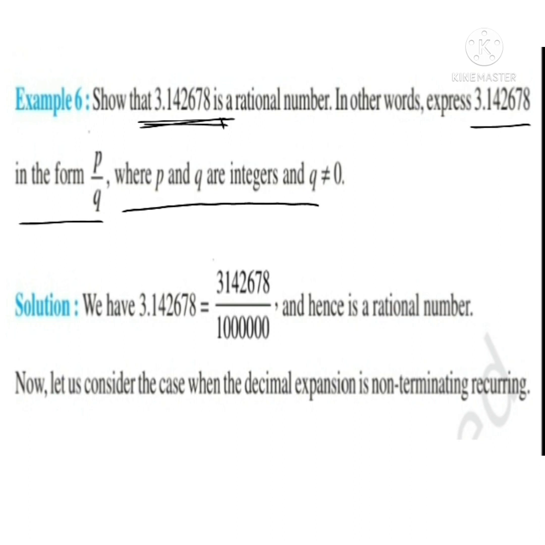For a terminating number, we can simply remove the decimal point and write a power of 10 under it, and this is the p by q form. If we want, we can convert it to a simpler form, but if you write this also, it is a correct answer. So this becomes a rational number, and we can easily understand it. Suppose 0.2 is there, so we know that after one digit the decimal is there, so it would be 2 by 10.